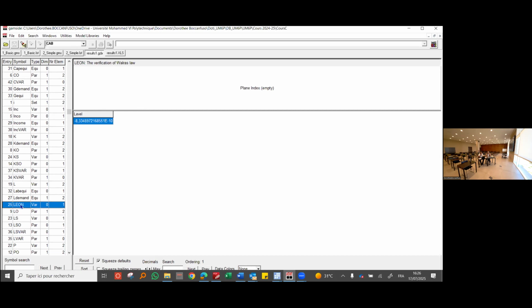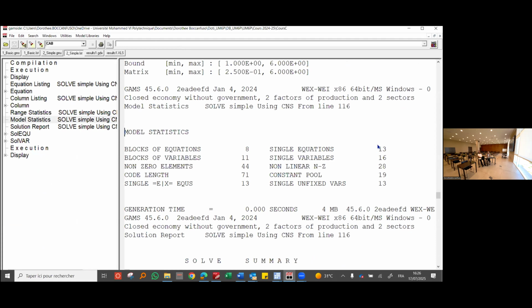And finally, I will show you Léon. I hope that Léon is equal to 0, and it's the case. It's exponent minus 10, but it's like a 0. Then my model is okay, it is square. If I go to the output here, I can see the statistics. I have 13 single equations, and I have 13 single and fixed variables. Then the number of variables is equal to the number of equations. That is why I find a solution. I know it's very quick, but I want to leave some time to Shair for